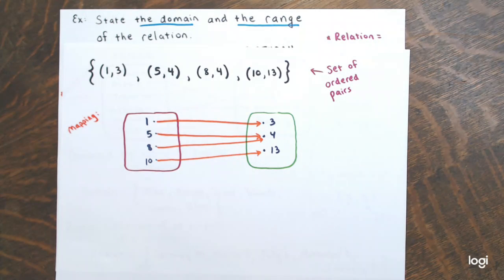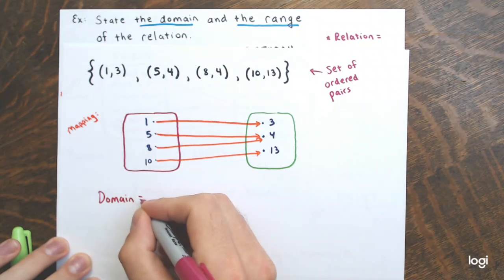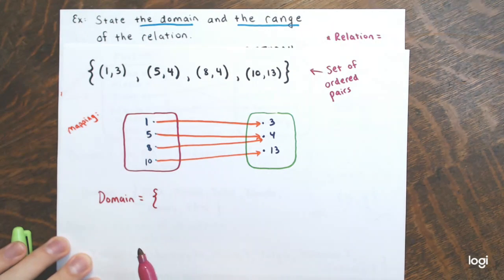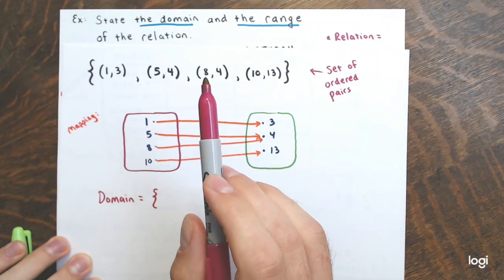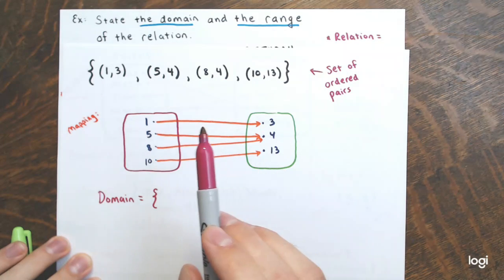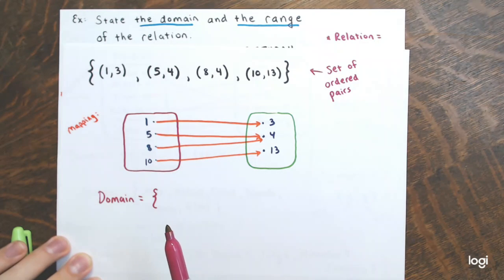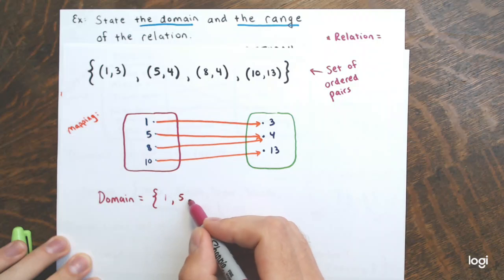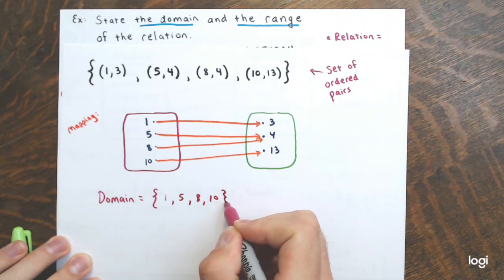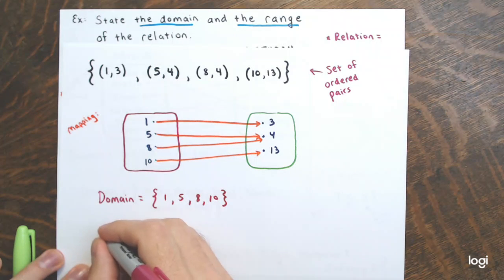And then hopefully from this it's easy to see, again, you probably didn't need the mapping to state what the domain and the range are. The domain of this relation is the set of all the inputs, all the first coordinates of the ordered pairs, or all the elements in one set that actually correspond to elements in another set. So the 1, the 5, the 8, and the 10 all correspond to some element in the other set. So 1, 5, 8, and 10 make up the set that's called the domain, the set of the inputs. Okay, and the range